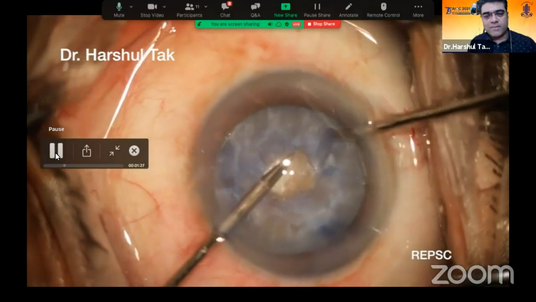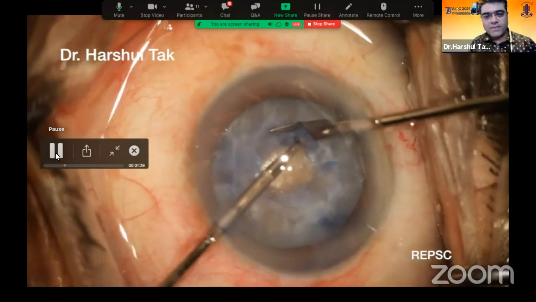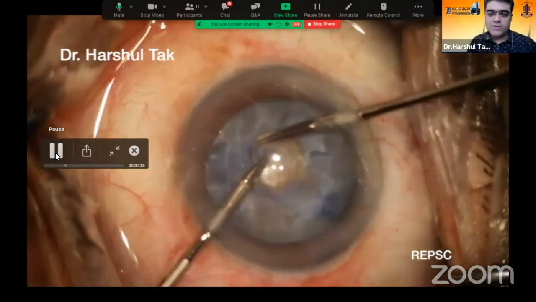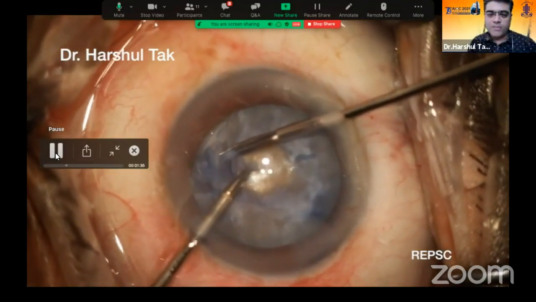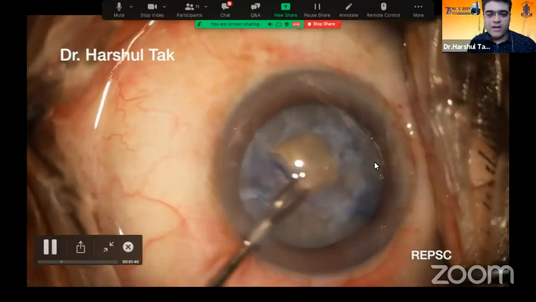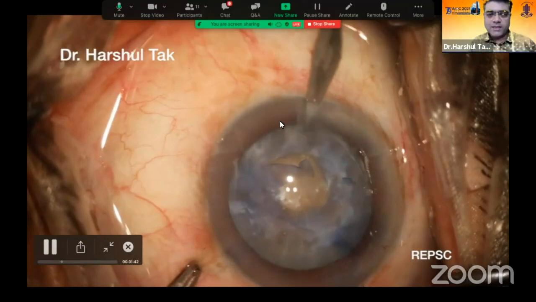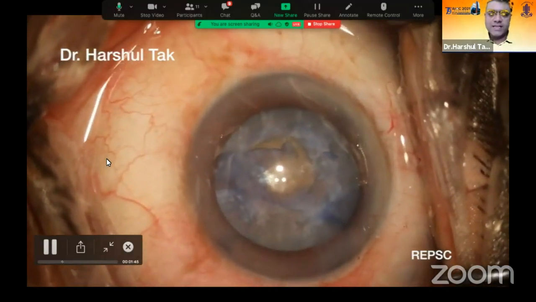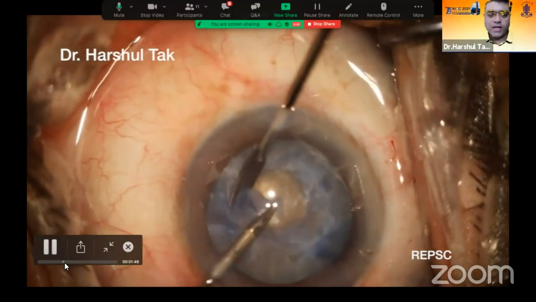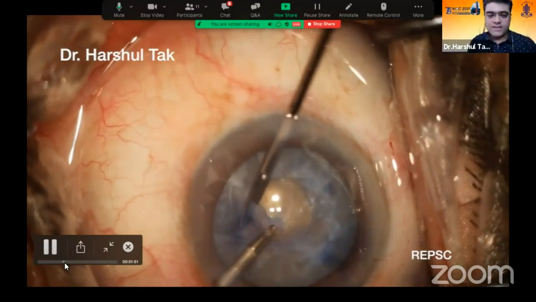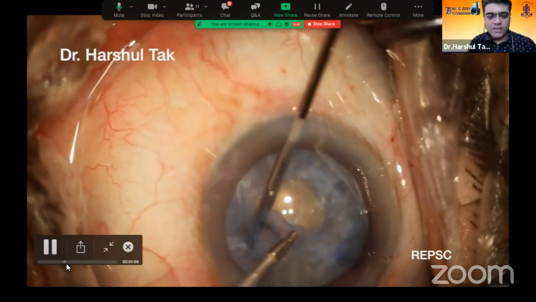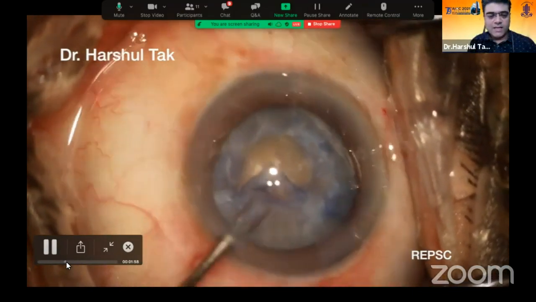So here I am just holding it with micro forceps and using a bimanual technique, using these micro scissors to give a cut here from the side port. And once I reach this area, to cut from here I need to make another side port on the nasal side. So don't hesitate to create one more port if you require, because the angle of the scissors can only go from this side. So here again I am holding the capsule and cutting it. So I've reached till this area.